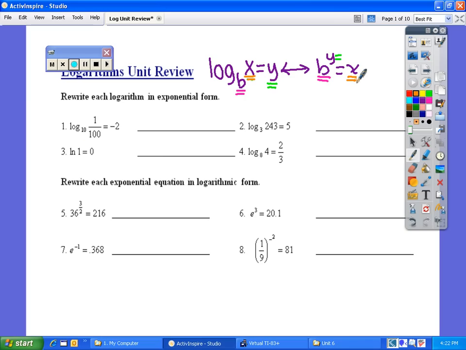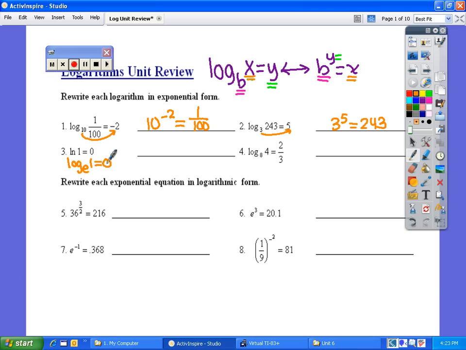So if you look at the first one, 10 is my base. -2 becomes my exponent. That's why I always draw that arrow to show that that's the new power. And then 1 over 100. That's it. That's all you have to do. Number 2, 3 to the 5th is 243. Now the next one, you have to make sure that you change it to log base e